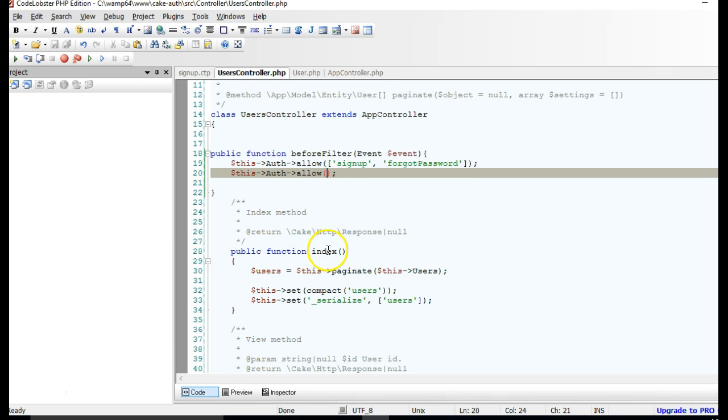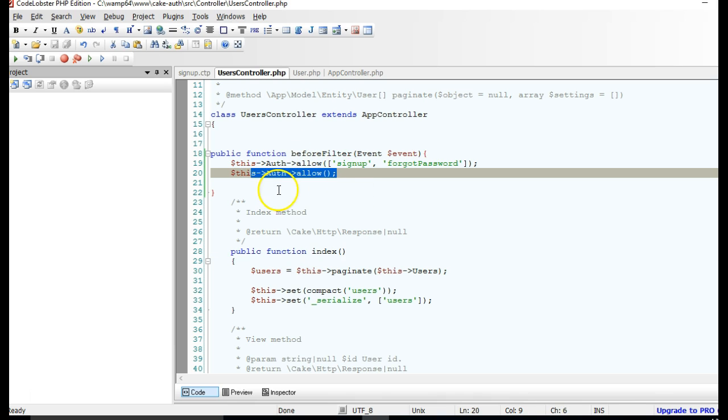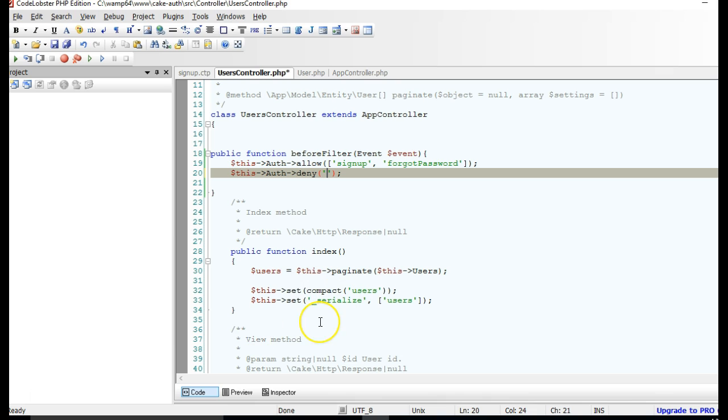In CakePHP, the names of the functions inside your controller are called actions. So if you do this in your beforeFilter, all your actions will be publicly accessible by default. But if you want to deny all actions, you can say deny. It denies all actions. If you would like to deny certain actions, you can start mentioning them inside your brackets. You can just say deny